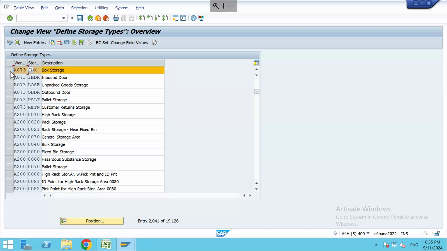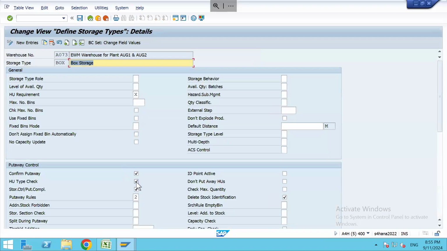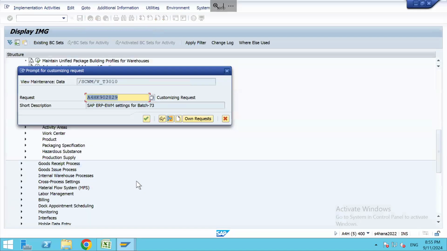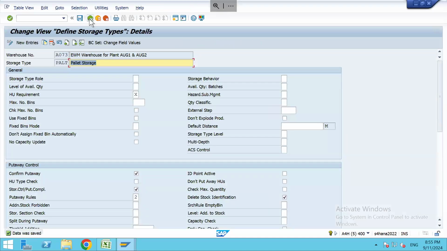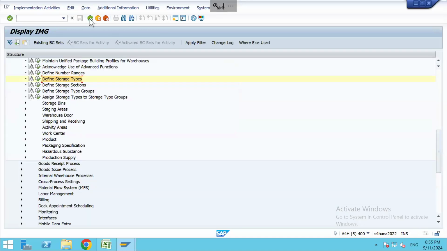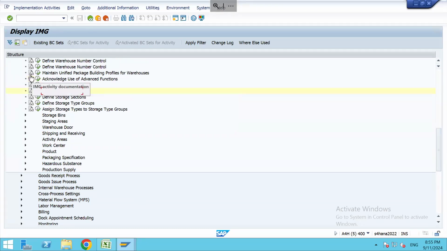For box, for loose, and for pallet. I am deactivating the HU type check for a moment so that I can show you this end-to-end scenario. Later I can reactivate it. Okay, I saved it. Now what I will do, I'll create three storage type search sequences, and